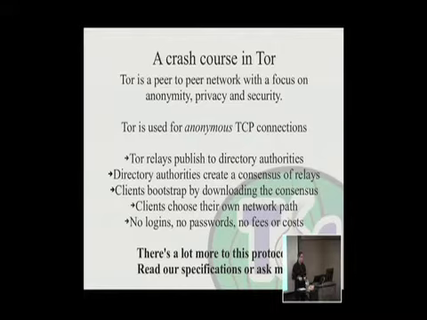And then the rest of it is that we have a series of nodes all around the world, and these are called relays or onion routers. And these onion routers, when they turn on, they connect to a series of trusted directory authorities. And I'll show a little picture of this in a second. And what they do is they connect and they say, I am a router in some country somewhere, in some place. Here's my IP address, here's my cryptographic key, here's my email address if you wish to contact me about any problems.